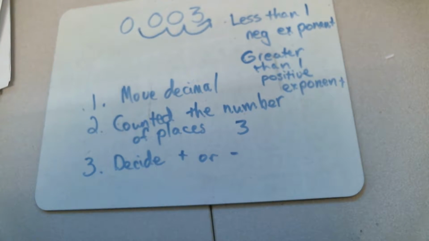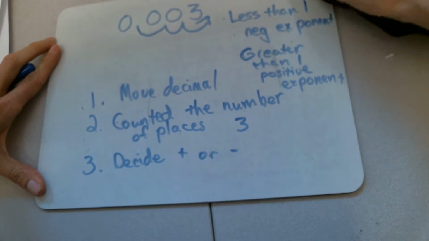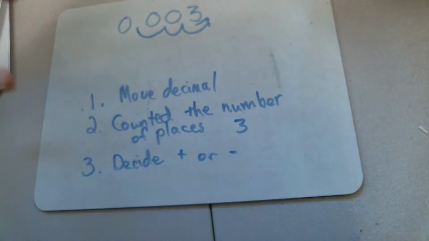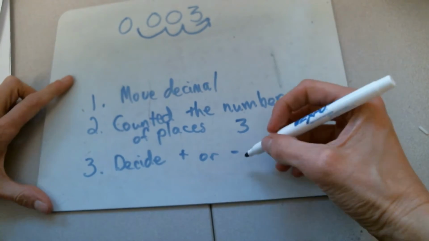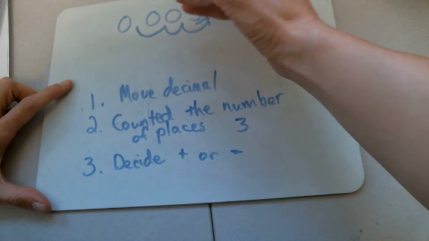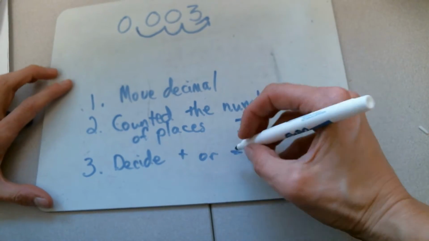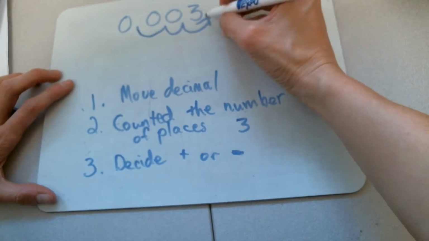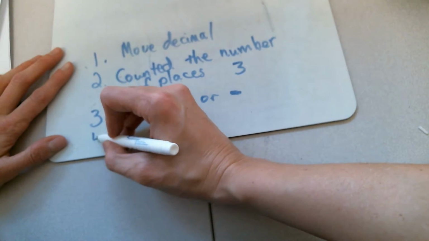So make sure that you get that in your notes, please. Okay. Now that I know what my exponent is going to be, a negative in this case because my original number was less than 1, now I can use my structure. So now my next step is